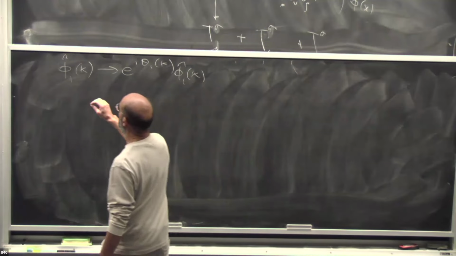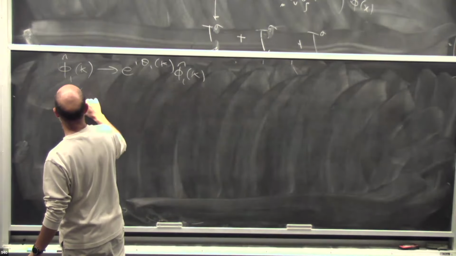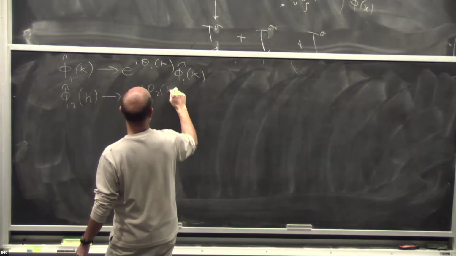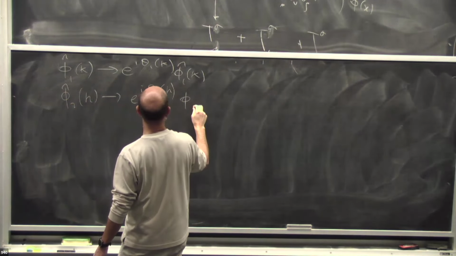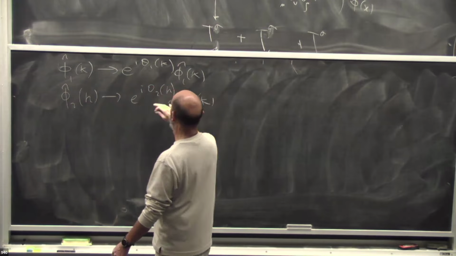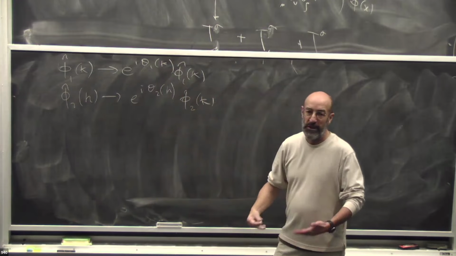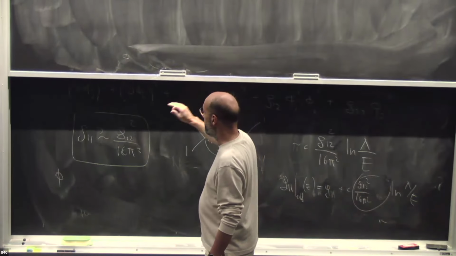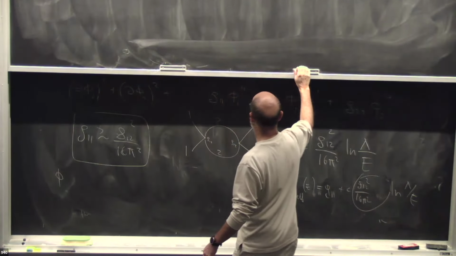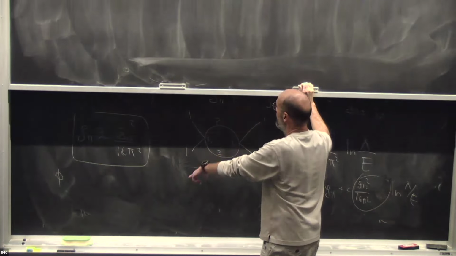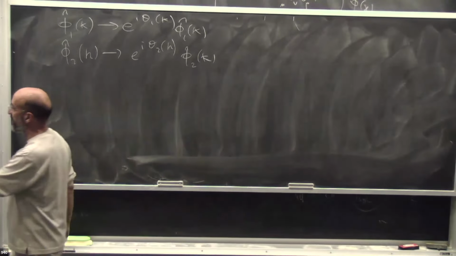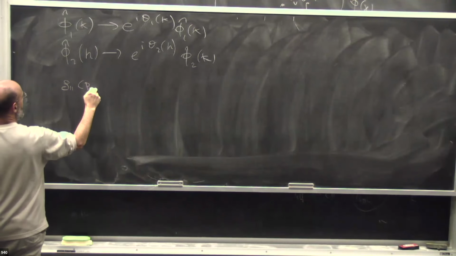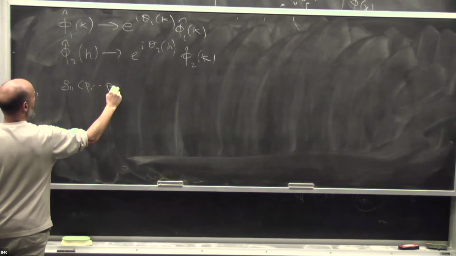And the same thing for phi2. Now we'll have a separate phase. There is clearly one of these phase rotations for each, because the kinetic term is independent. And now you can assign transformation properties to the coupling. In particular, G11 transforms like